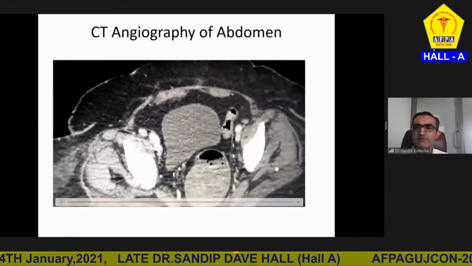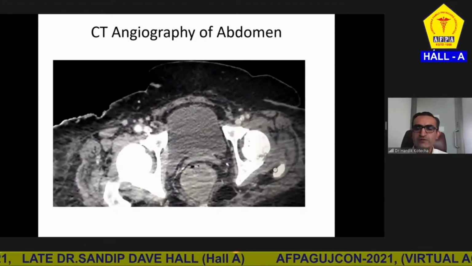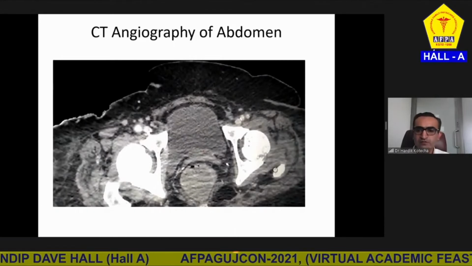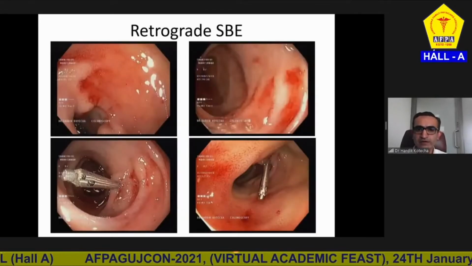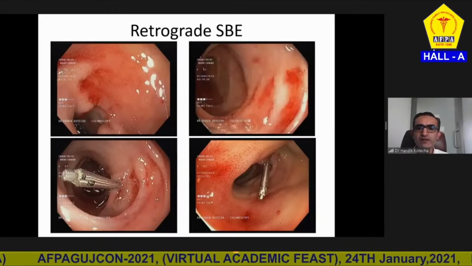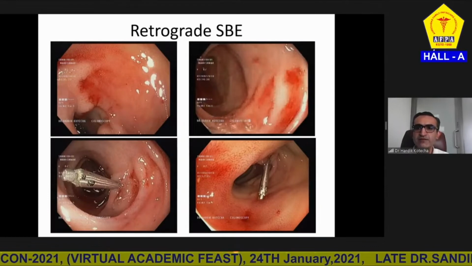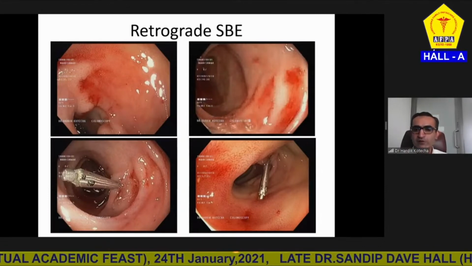However, we cannot see any mucosal abnormality in this area. So there is no tumor. If there was a tumor, the patient might have required urgent surgery to remove the tumor. So we started doing a retrograde single balloon enteroscopy, and we were able to see multiple AV malformations in the ileum around 60-70 centimeters beyond the IC junction. We placed 4 to 5 hemoclips in that area.